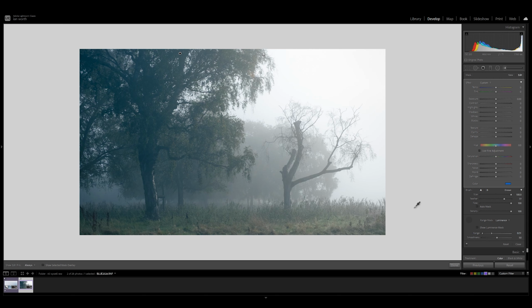Now if we find that it's affecting areas of the image that we don't wish to be affected, we can adjust the smoothness. So if I press O on my keyboard again, we can see where we've painted. Now if I bring this across, you can see how it starts to only affect the very dark areas, and again the further I come down with that, you can see how harsher it is, that transition between the dark areas and the light. Again, if I move across, you'll start to see that spread out again. So playing around with the smoothness is a great way of really dialing in where you want this tone to